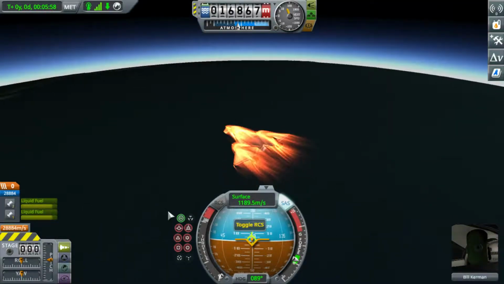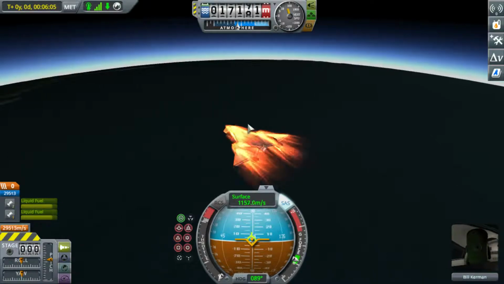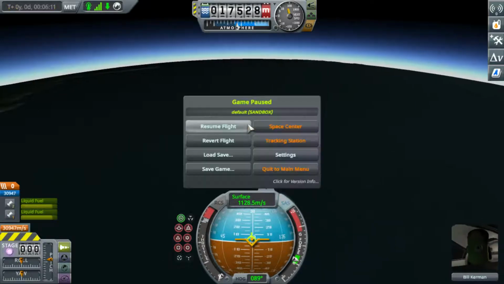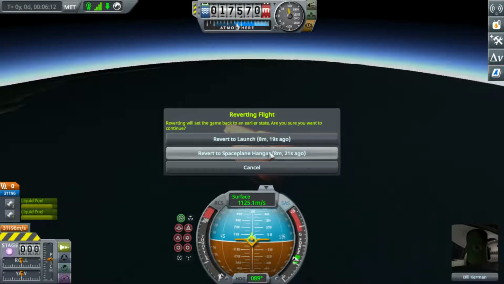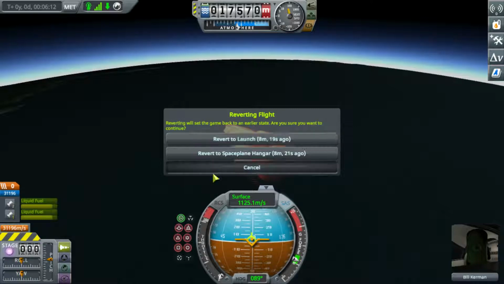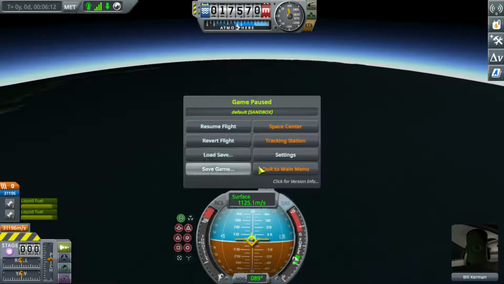You saw the thing go really fast, and if you then click ESC, or I forgot how you pronounce it, what's the actual name of the key? There's not just ESC. Oh, I'm just going to call it ESC. Oh, escape. If you click escape, you see this button, which you can click revert flight if you want to go back to space hangar, which is where you build your add stuff. Revert to launch is just to go right back to the launch pad, and cancel is to, well, not do that. Load save game, and that's Space Center is if you want to choose to go to the space hangar,